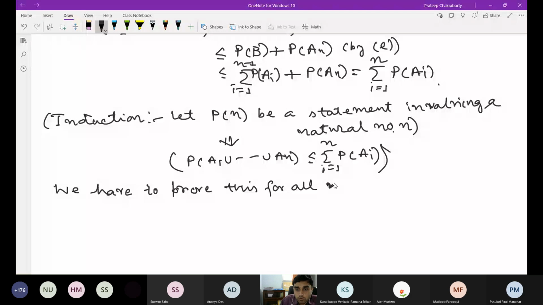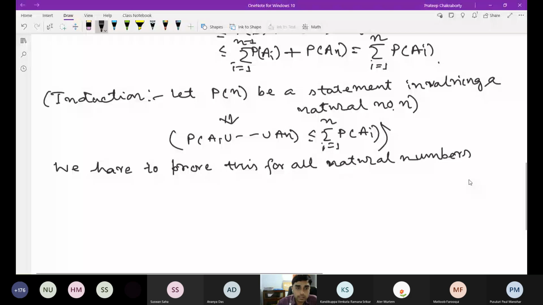But we can prove for 2 easily, you can prove for 3 easily, but how can we prove like for 100? We have to do the same thing for 100 times. That is not possible. So what we will do, there is something called induction, which says that